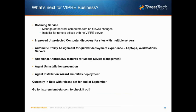Now, I want to let you know also what we have in the works for VIPRE Business. There are some new features that are coming soon in VIPRE Business 7.0. It's currently in beta, with a release set for the end of September. So we're implementing VIPRE roaming service. So here at ThreatTrack, we have cloud-based servers that will allow your site server to communicate with agents that are out in the wild. Maybe they're not in your office,